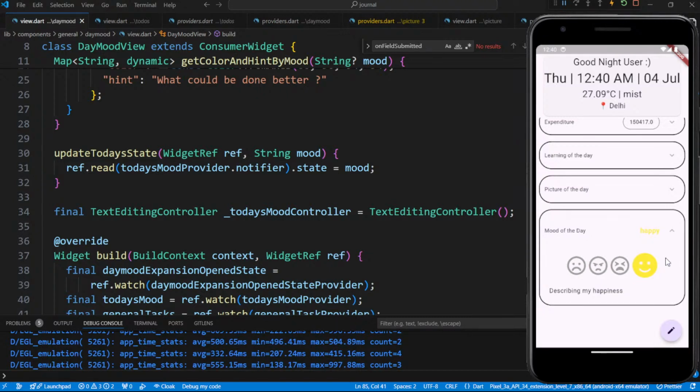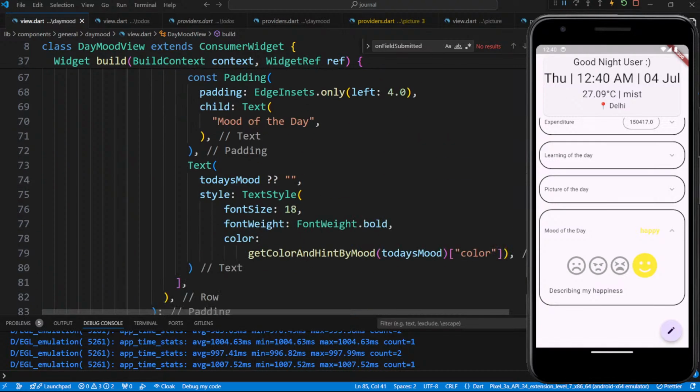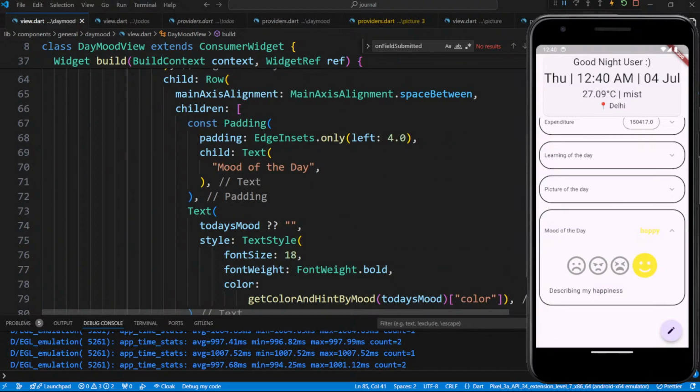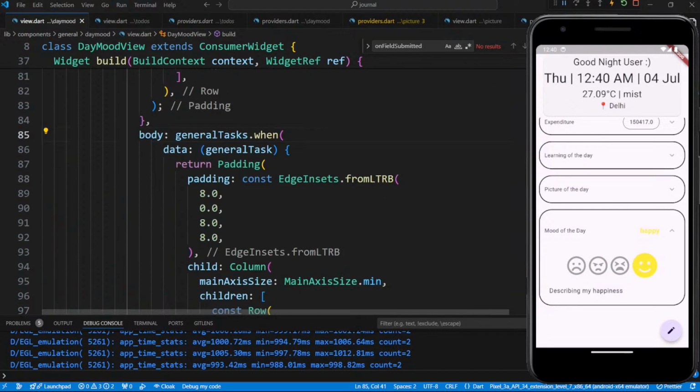But okay, let's leave that for now. I'll look into how we can update the state, but we still have one more issue here. If you see,